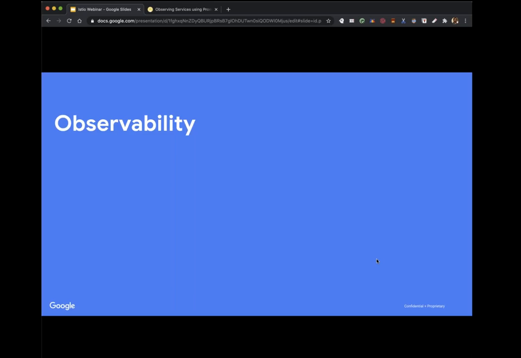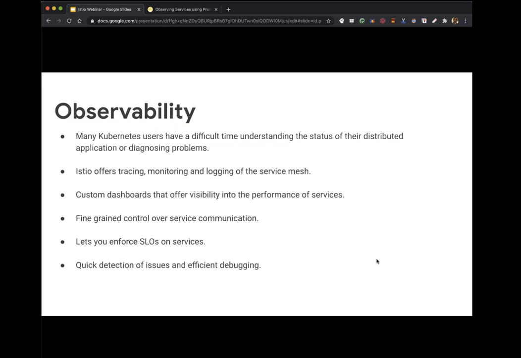This is my favorite part, which is observability. As you typically will see, as the number of microservices grows, it becomes very difficult for many Kubernetes users to manage, monitor, and observe their performance. A lot of large teams will build a lot of custom tooling to get these things done, but it often requires heavy work. Istio offers some significant things that we'll cover in the demo part of the presentation,